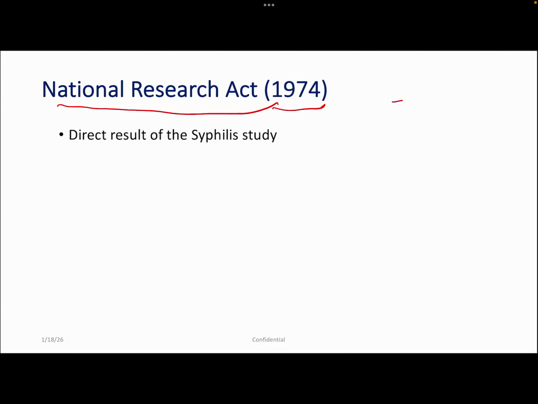If they had an ethics committee, some internal committee in their institute, that committee must have known about this research. That committee must have asked questions, because an ethics committee reviews your research annually. But because at that time there was no such system, this research continued for 40 long years. So this National Research Act was a direct